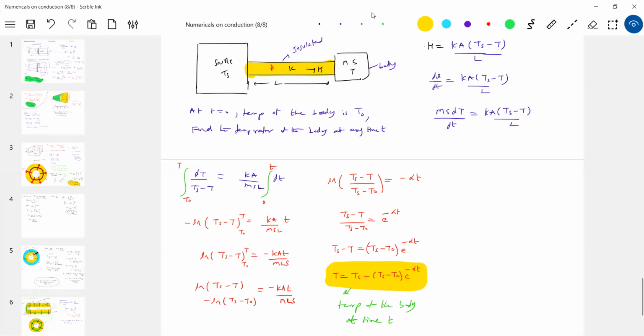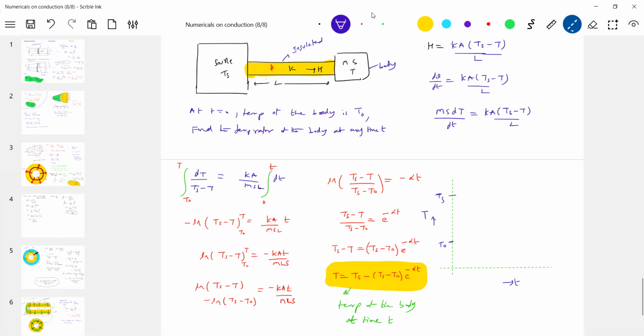Able to get this? So can we plot this graph? Because the idea of that is also needed. Maybe they may ask you some questions based on this graph also. We should be in a better position. So initially, what was the temperature? It was T naught. Finally, it is Ts. And this is the temperature of the body.